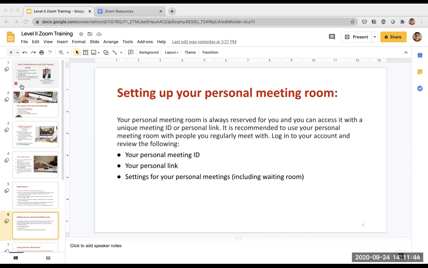And then right on meetings, the first item in our agenda that we're going to tackle is setting up the personal meeting ID. And the option is going to be right here. Once I get into my account, I'm going to see the upcoming meetings that I have. And then this is my personal meeting room. Once again, this is always helpful to use, especially when you want to have quick impromptu meetings with colleagues. You simply tell them,